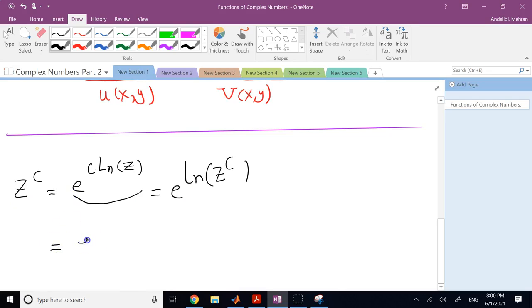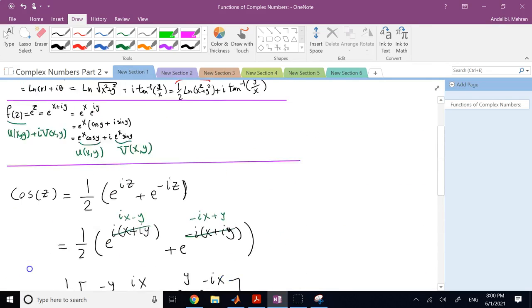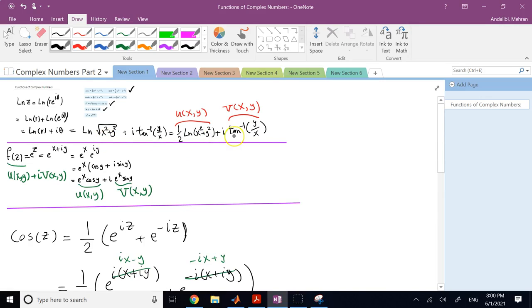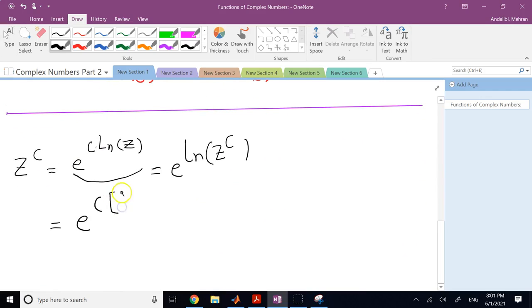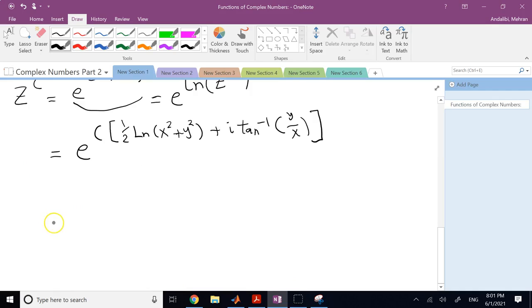And now if you use what we had for natural log of z, which was this guy here basically. So if I plug it in, it was 1/2 natural log of x squared plus y squared, and then plus i times tangent inverse of y over x. Okay, then this c will be multiplied to both, and then the exponential will be separated into a real part and imaginary part. So the real part is going to be e to the c over 2 natural log. The c over 2 can go to the power of natural log, and e and natural log would cancel out. So you will get basically x squared plus y squared to the c over 2,